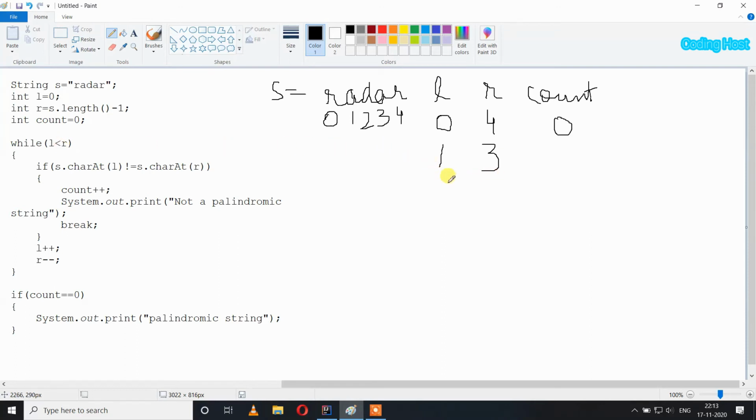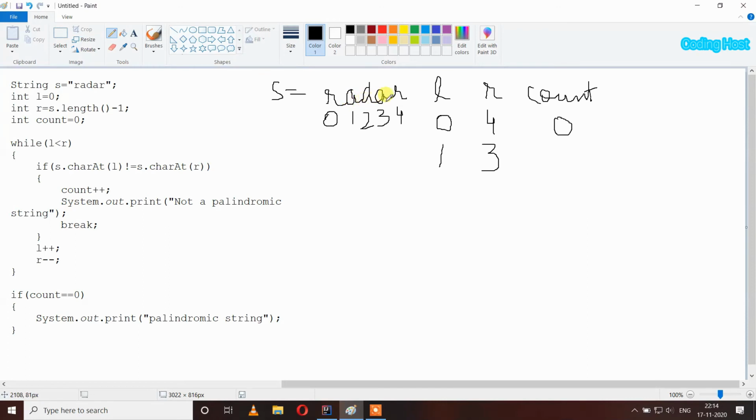So our condition is true and we again get inside the loop, and here it will again check s.charAt(l). So at index 1 the character is a, and s.charAt(r), so at index 3 the character is also a.